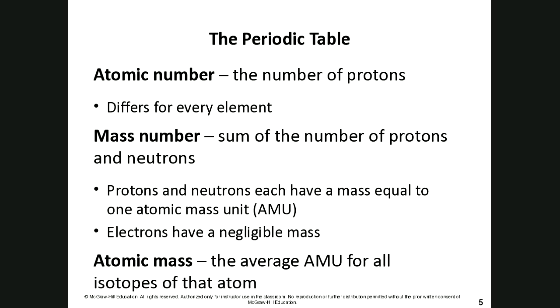Protons and neutrons each have a mass equal to 1 atomic mass unit. Electrons, we don't really count their mass because it's negligible, it's really small. And then electrons are always being exchanged or shared or moving from one shell to the next. So the atomic mass is, for the most part, the number of protons and neutrons, but